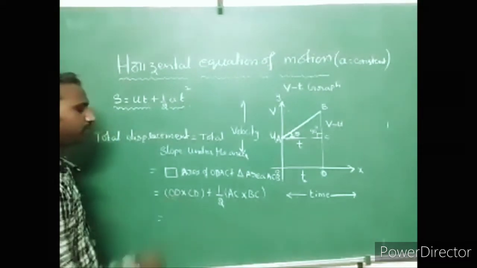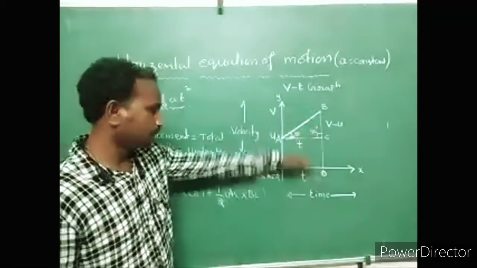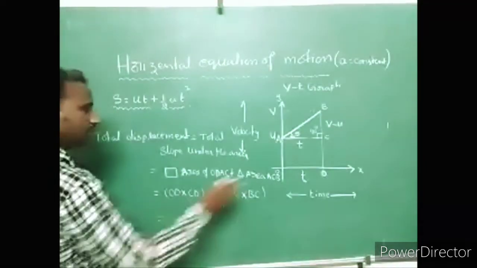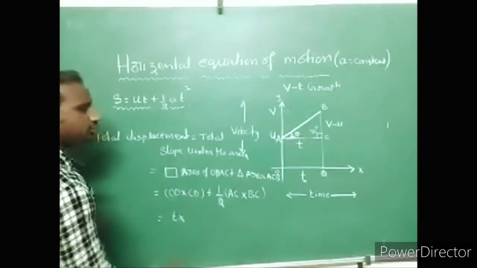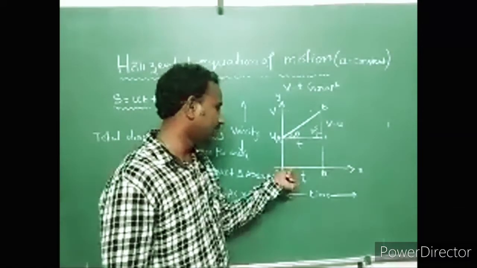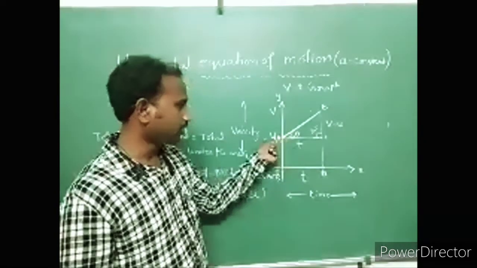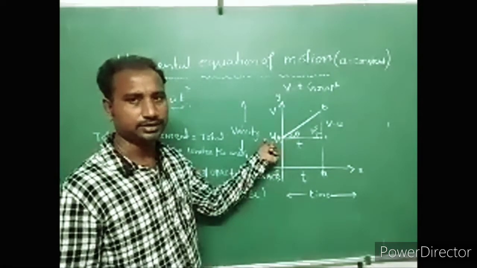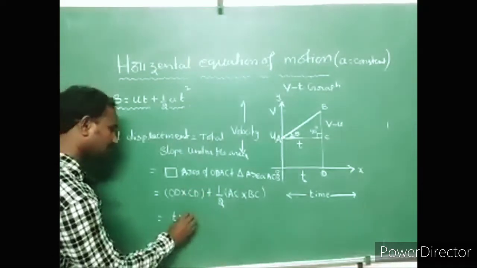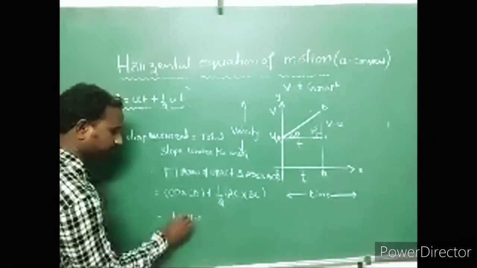Here, AC equal to OD, as opposite sides are the same in a rectangle. So OD value equal to time, into CD. CD represents change in velocity. Velocity at origin is 0. Velocity at point A is how much? U. Understood? So CD, the breadth value, equals the initial velocity. Do you have doubt? Means we can write U minus 0.